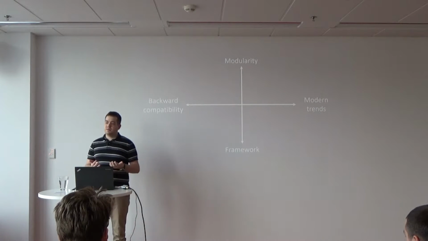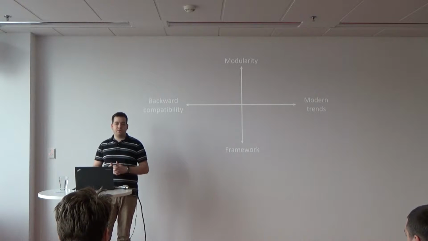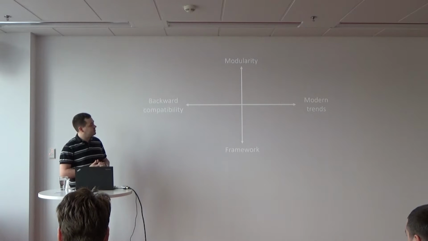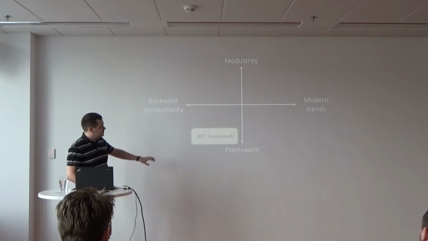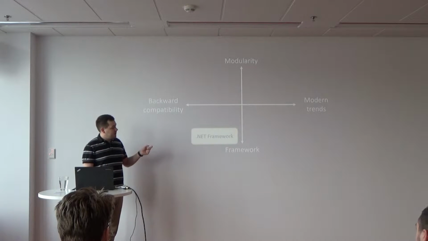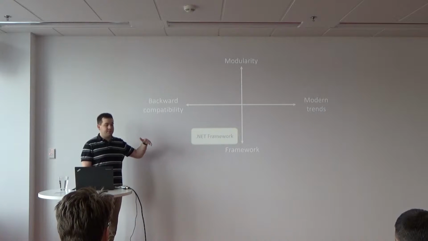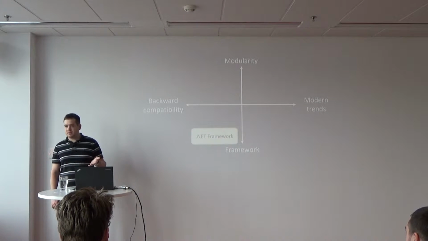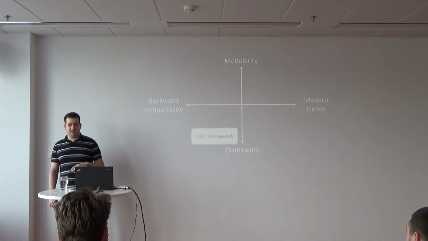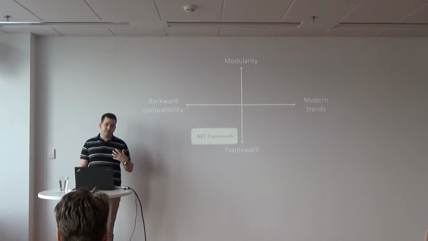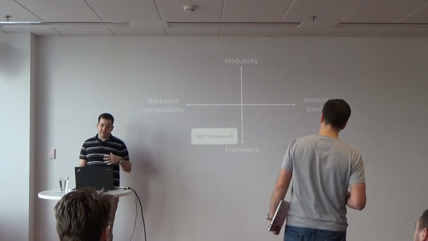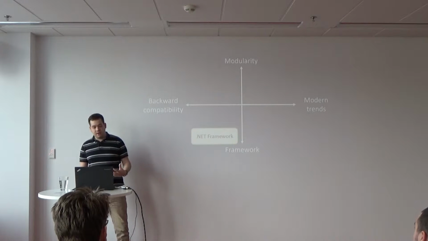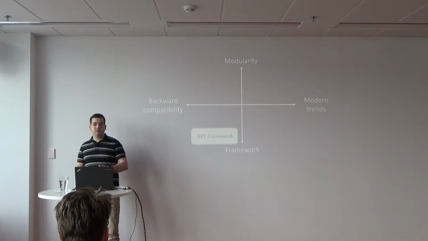Where do you think the .NET platform or the .NET Framework was in the beginning, and where is it now? Any ideas? Well, it was something like here, because okay, let's ignore .NET Framework 1, but starting with .NET Framework 2, it was like 10 years ago. Nothing much changed since then. They were trying to keep backward compatibility, but they found out that they cannot give you everything you need in one framework, because this framework was released, I don't know, once per year, a new version.